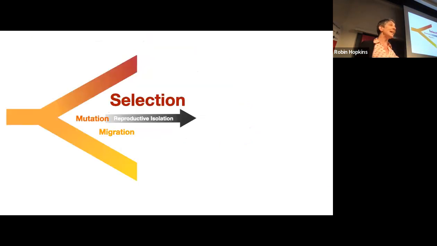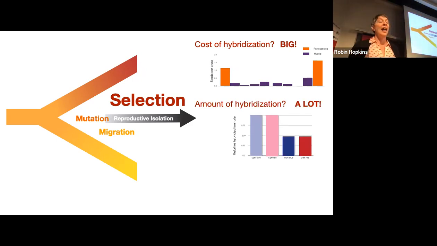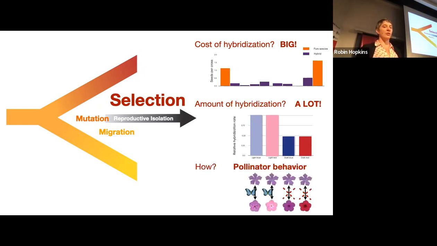So if we go back to thinking about selection driving reproductive isolation, through this process of reinforcement, we can see there's a really big cost to hybridization that has the potential to generate selection, and that hybridization is high with a huge decrease in hybridization caused by this simple trait of flower color change due to pollinator movement or manipulating these Batis butterflies, which is pretty awesome. All right, so that's sort of one way we can start thinking about the evolutionary process of speciation.